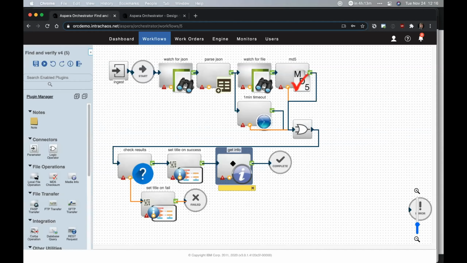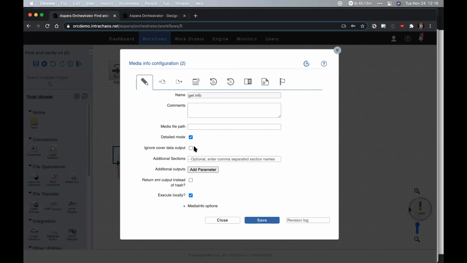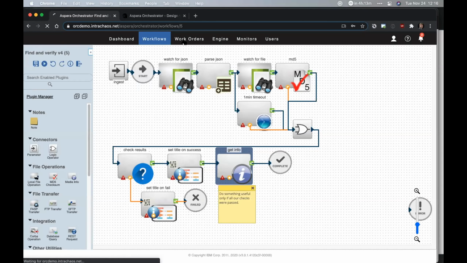So jump back over to here. I still have it set for execute locally. So when I run this,